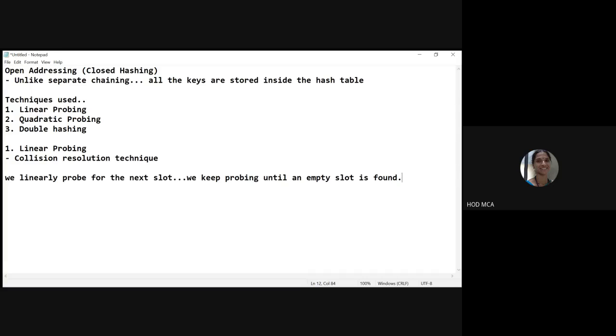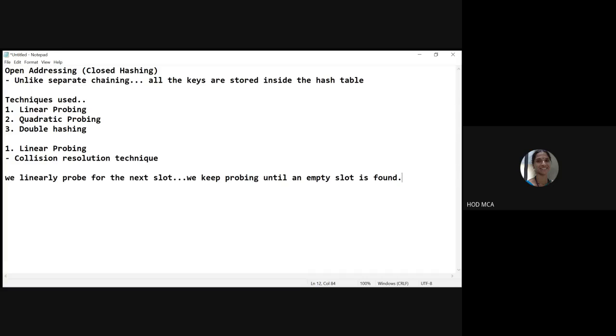Suppose I take 11 mod 10. 11 mod 10 is 1. Now in the first slot I have to store 11, correct? But suppose the first slot is already occupied; that means there is a collision. So in linear probing, we search for the next available slot. Suppose the second slot is free, then I will simply store it there.